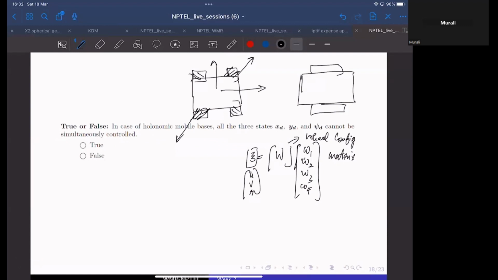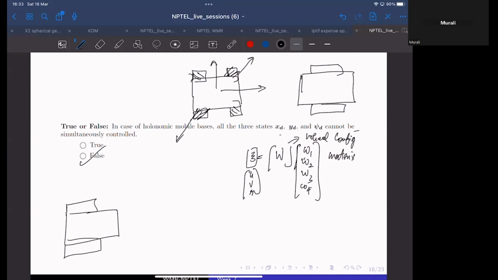It cannot move simultaneously in all three degrees of freedom, x, y, and psi. A differential robot can at most have two controllable degrees of freedom; it cannot exceed two, right? So the question says, in case of a holonomic mobile base, all three states x, y, and psi cannot be controlled. That is basically false, right? We know for sure that for holonomic robots, we can control all three states simultaneously. So how do we control